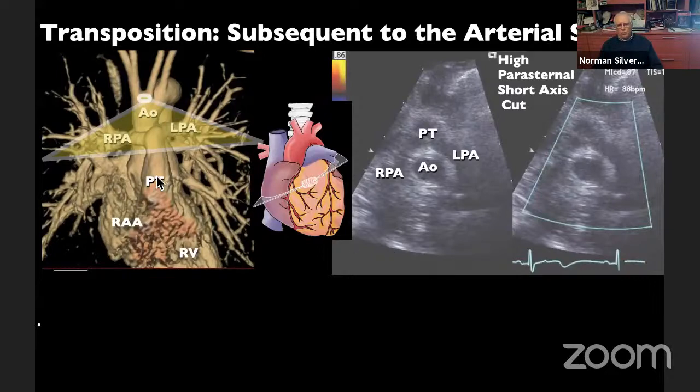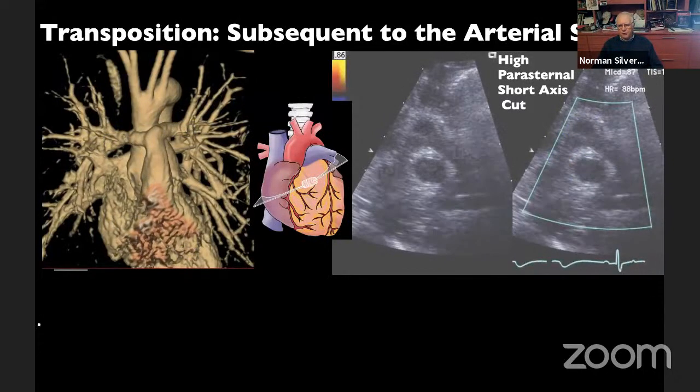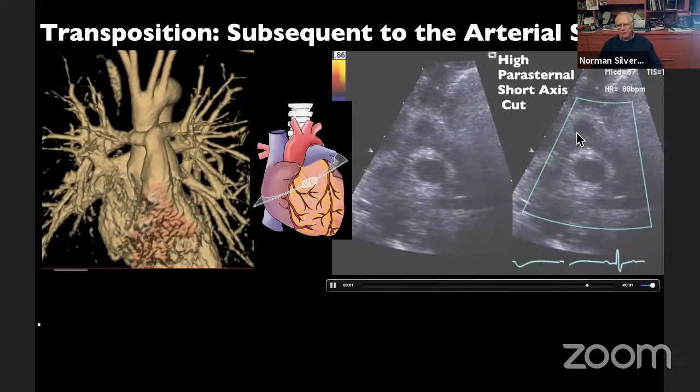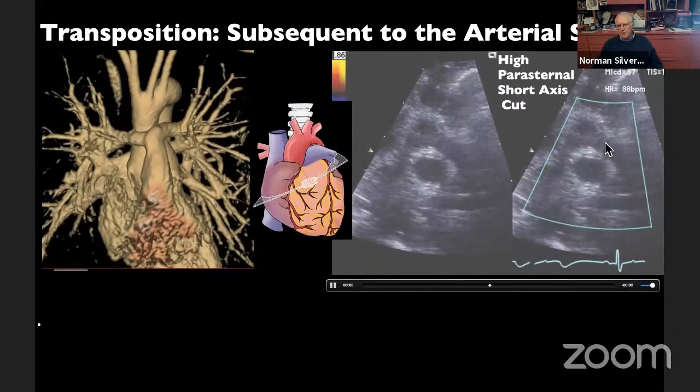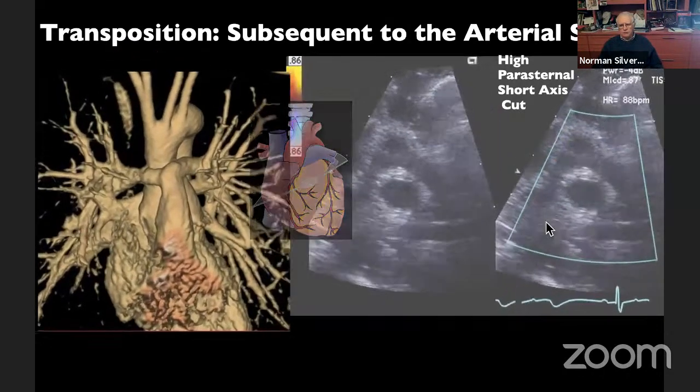What we see more is the arterial switch here with the pulmonary trunk arising off the corrected procedure in 3 dimensions, and the pulmonary arteries in front of the aorta. Here, the pulmonary arteries on echo in front of the aorta. Usually, the pulmonary artery is behind the aorta, the branch pulmonary arteries. And here is what I call the pantaloon or trouser legs of the pulmonary arteries as they straddle across the aorta.